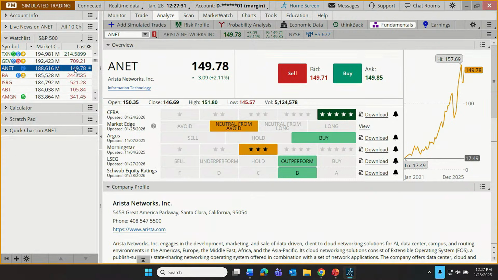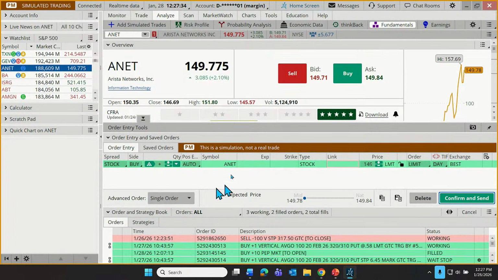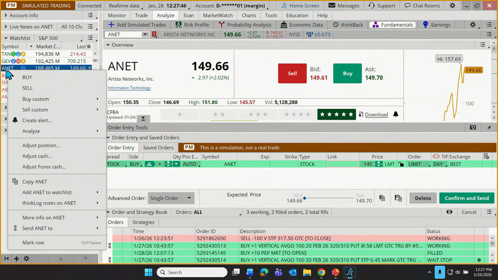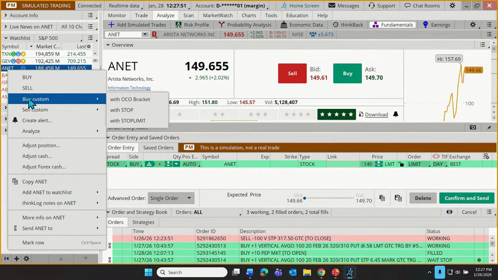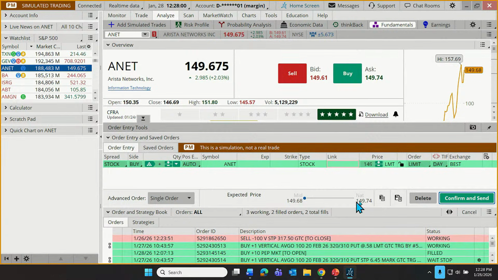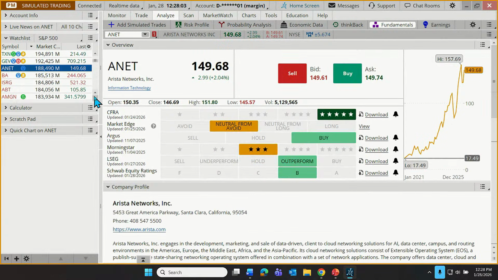But if I'm over here and I click on the quote here, it brings up an order ticket, fully customizable, just like the other ones. I can customize that and confirm and send a trade. Or since there's a symbol, we can right click on the symbol and we have access to that menu again. So with gadgets, we can right click on a chart, we can right click on a symbol, we can left click on a quote. All of those give us access to trading functions. So yeah, it's built in all over the platform. And really, I'm just going to go with that same concept and just illustrate that it can be found elsewhere.